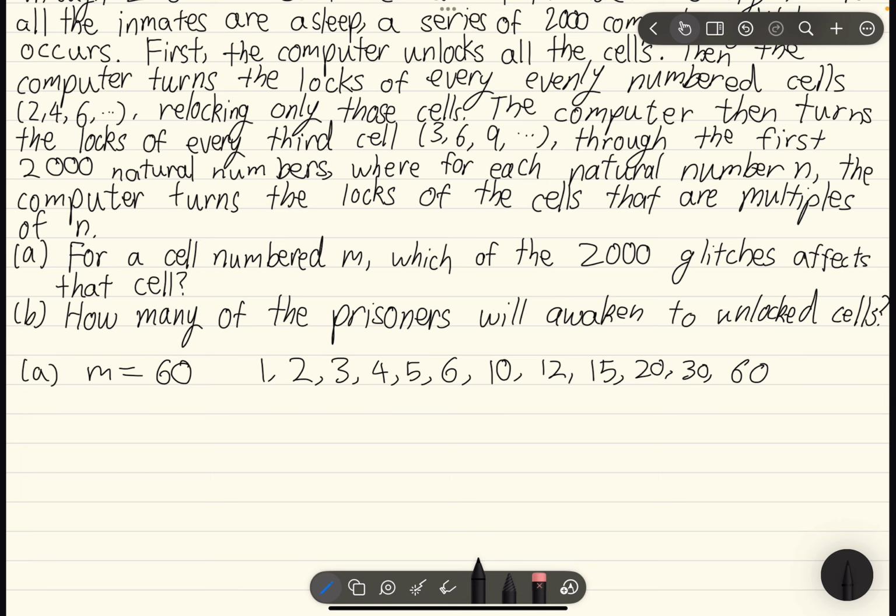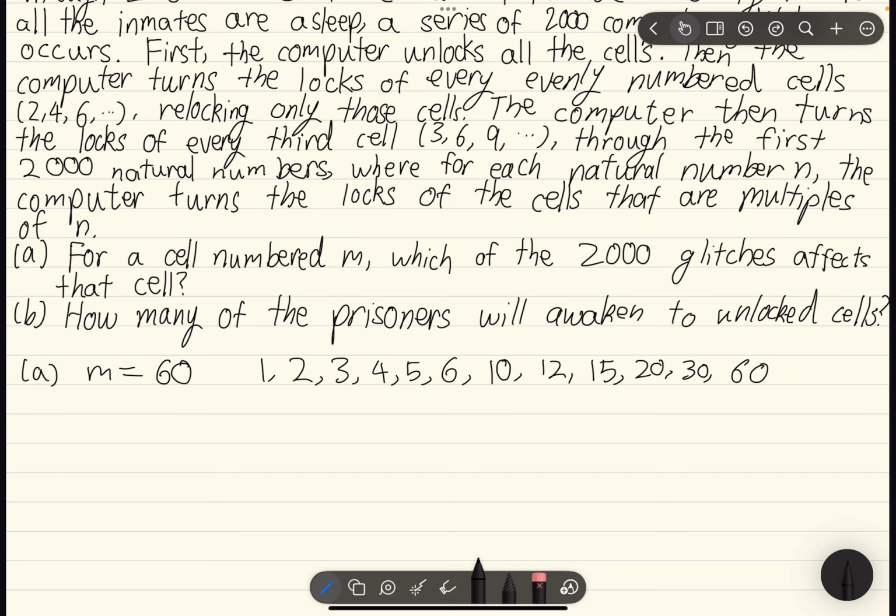So, for example, if you took 12, the 12th glitch would turn the locks of the 12th, 24th, 48th, and 60th cells, and so on. So it's just all the factors of 60. And 60 isn't that special except for having many factors. So similarly, for any other m that is a natural number between 1 and 2,000,